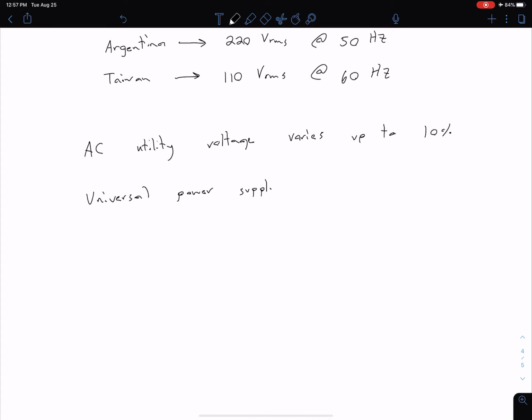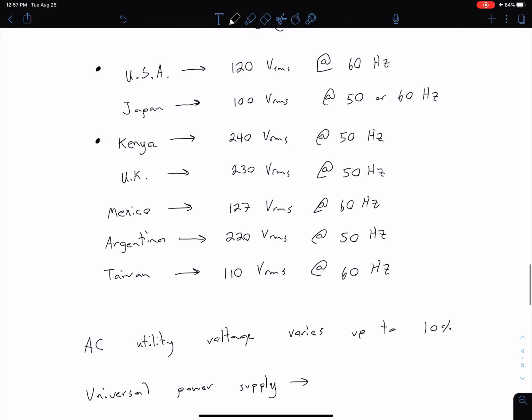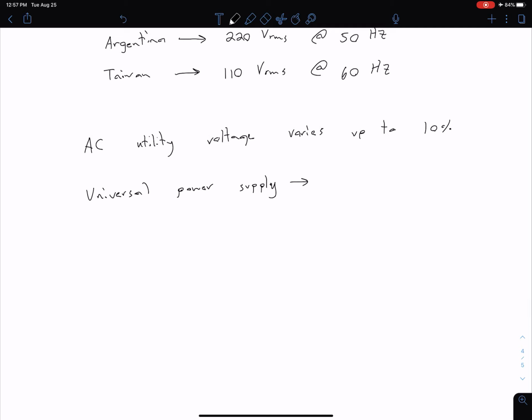And so these are just some design tips and pointers, things to keep in mind as you're considering different designs. So universal power supply means we would have to accommodate on our low end. We see of these listed here, which I believe should be an inclusive list of all the different VRMS values. We see our lowest one is this 100 VRMS that is in Japan. So if we want to accommodate Japan and we say, well, that 100 can also vary by 10%, then we